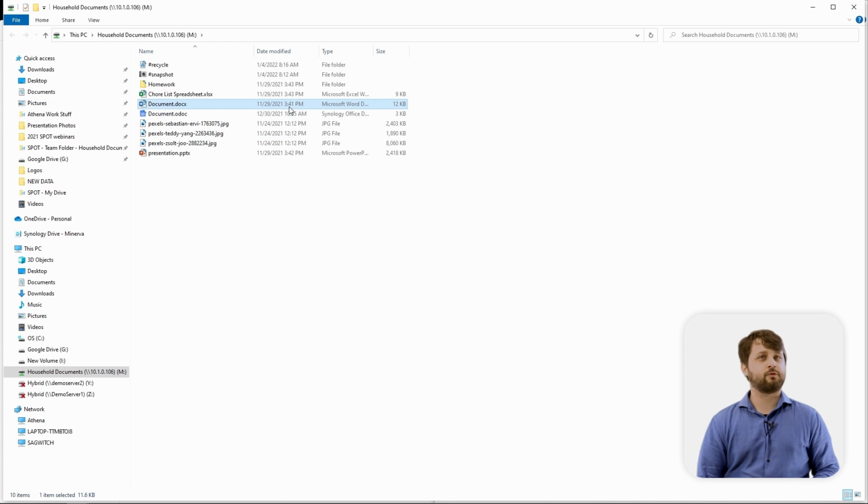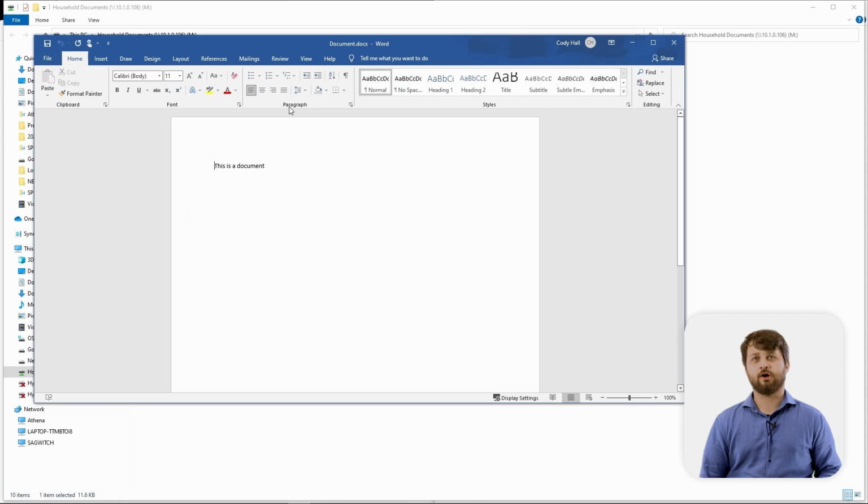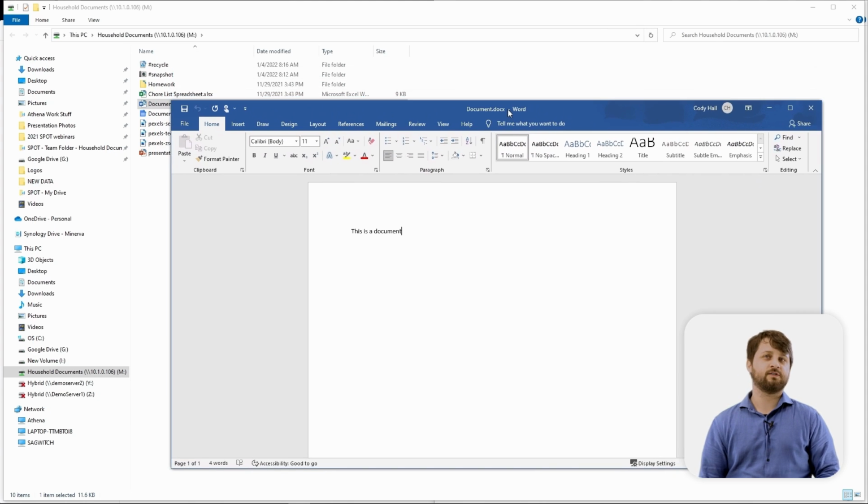Now, this document folder that you see in this lineup right here, you can see that we've actually already taken some snapshots for the shared folder. So as all of these documents and files sit right now, we currently have a version that we can revert back to utilizing our snapshots because of our scheduling procedure. Now, as we open this document, we're going to make an edit and commit a change so that we can then revert back to the previous version for you utilizing our snapshots. So we're going to type in an edit here and go ahead and save this change. And go ahead and exit out.